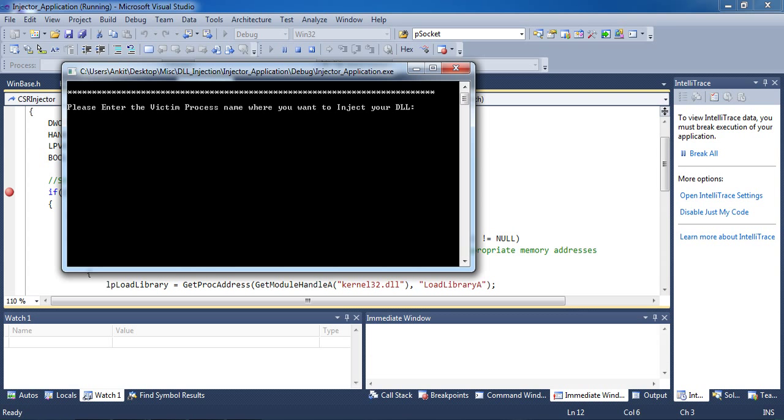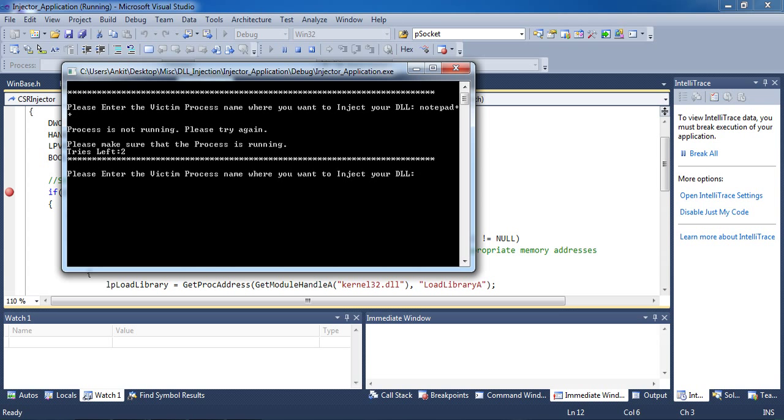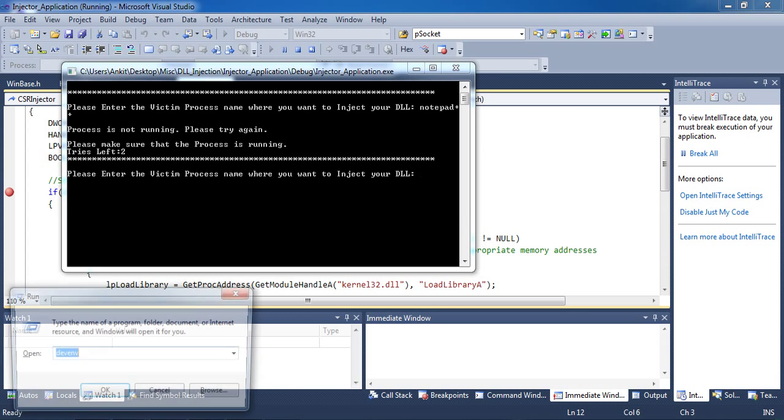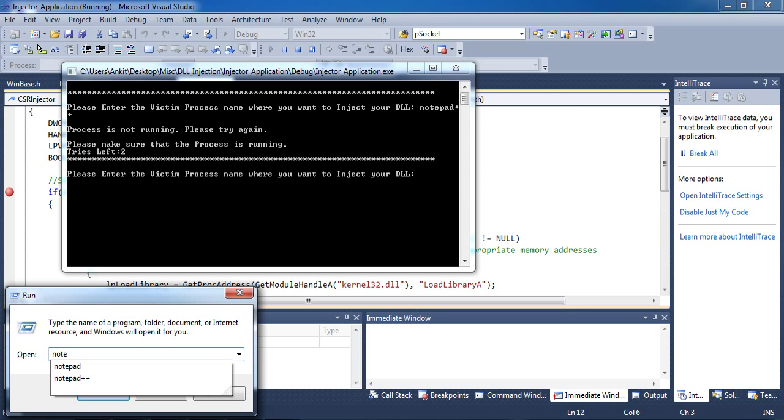So please enter the victim process name where you want to inject the DLL. So let's inject my DLL to notepad plus plus. Okay, the process is not running. So as I told you, you need a process to be a running process. So let's run notepad plus plus first,